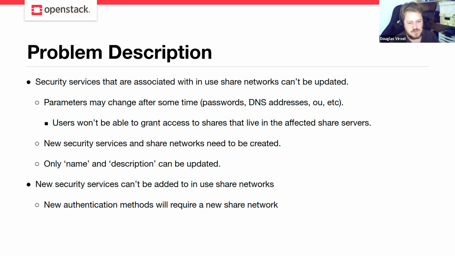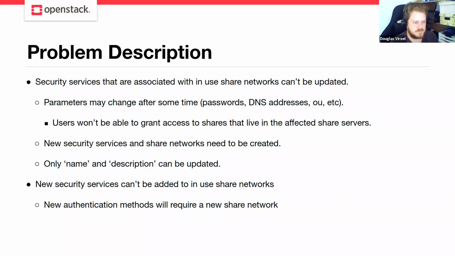In order to do that, the user will need to create the security service and create a new share network and create shares in this new share network. So this is another scenario inside the same scope, and we are addressing these